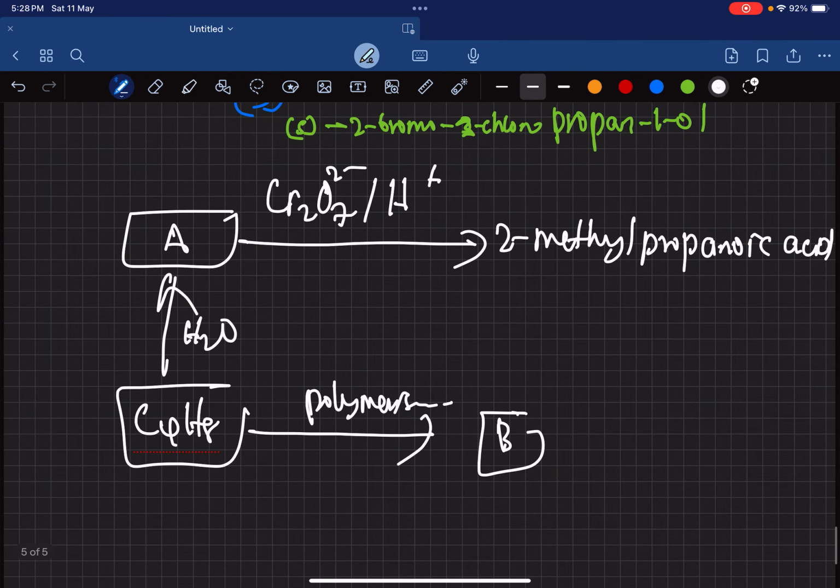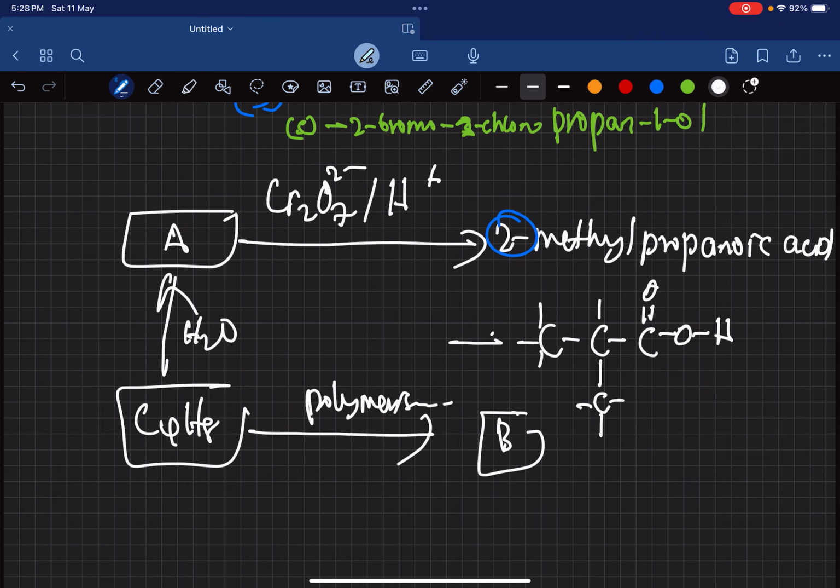So now what we have to do, they ask what's the formula for A. So you see 2-methylpropanoic acid. Let's draw this out. Propanoic acid, 1, 2, 3. So this is the propanoic acid, 2-methyl, so there's a methyl here. In fact, they don't have to tell you 2-methylpropanoic acid. Actually, this word is quite redundant, because methylpropanoic acid has only one way. Before he became methylpropanoic acid, who was he? So he could have been